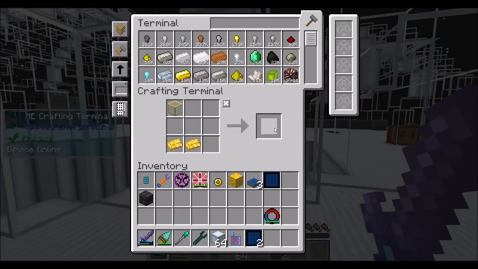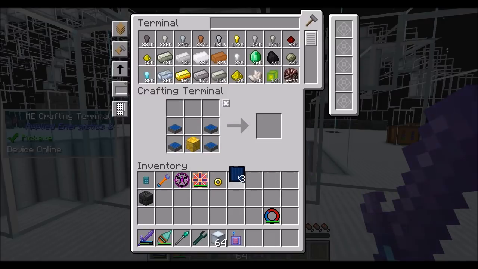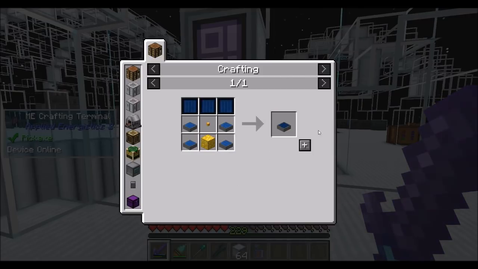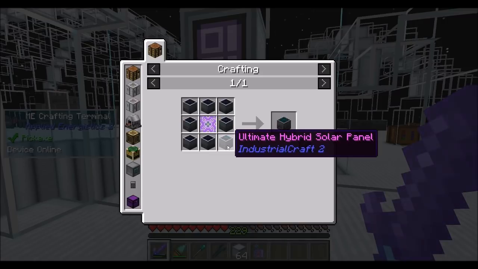I should be able to get 2 more of these now. And then I should be able to use this. Nice. Okay, cool. So this needs one of these. Miniature sun. Cool. Tier 6 solar. Beautiful. Now, the other thing we were looking for...